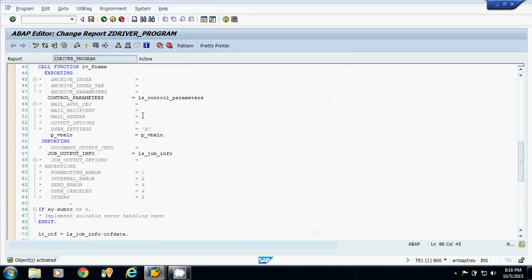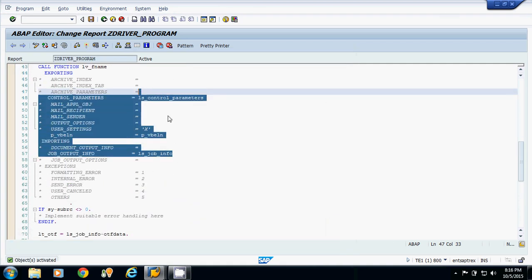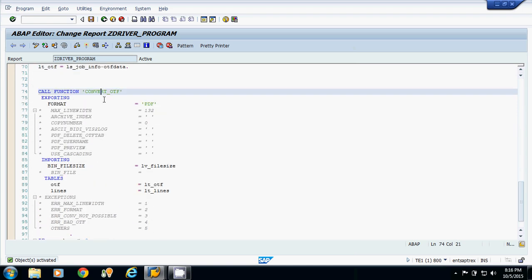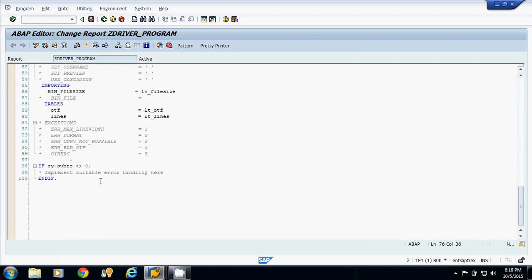Firstly we have written the logic for getting the OTF. After that we have written the logic for converting that OTF into PDF. Now we have the PDF. Now we have to download that PDF onto the desktop or the local machine.